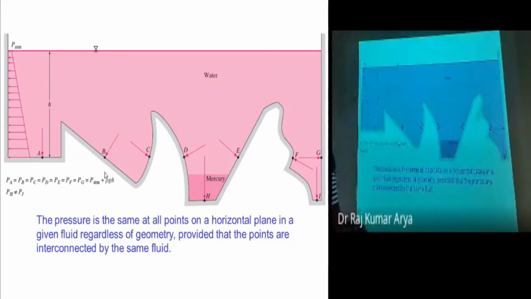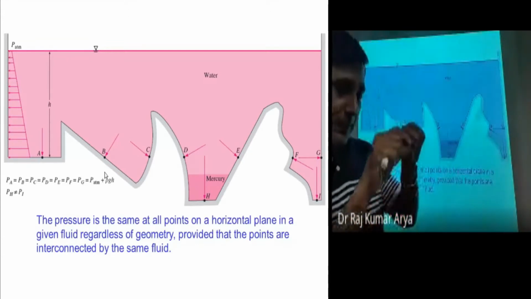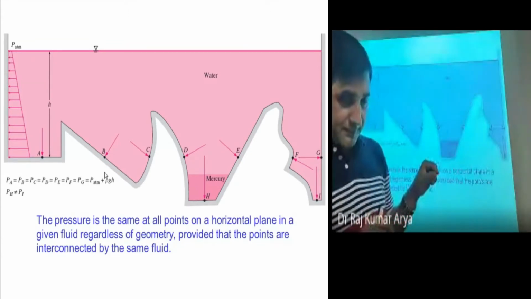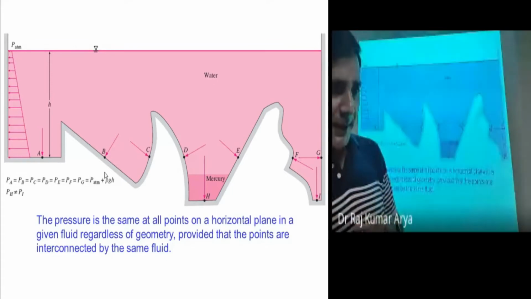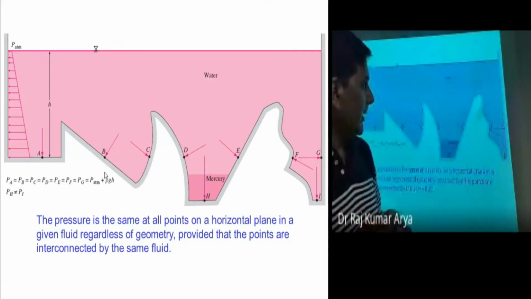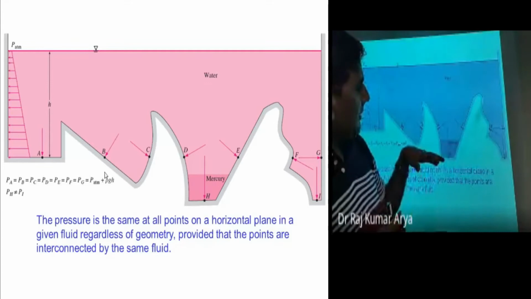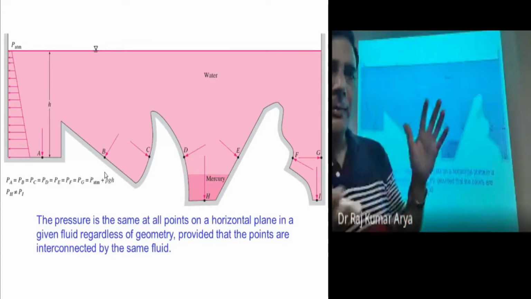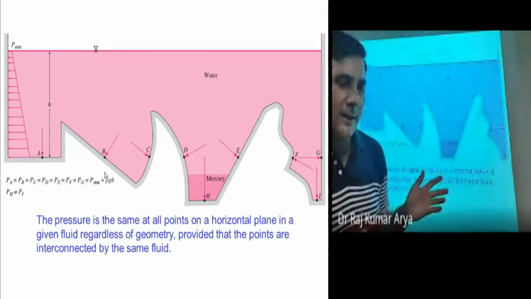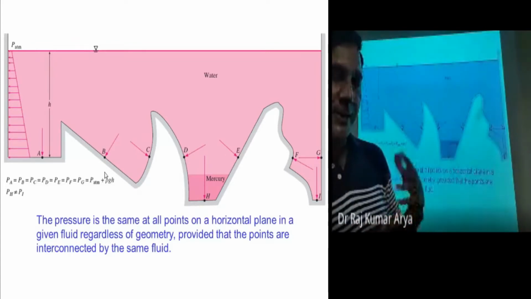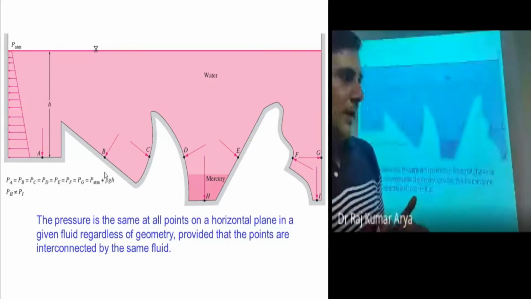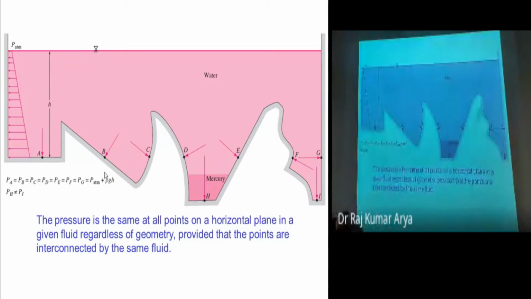Now let's take this one. What you have here, previously you had a manometer connected to two pipelines with several fluids. Now you can have any type of shape there, and you want to again find out what would be the pressure distribution or pressure forces in the entire system.